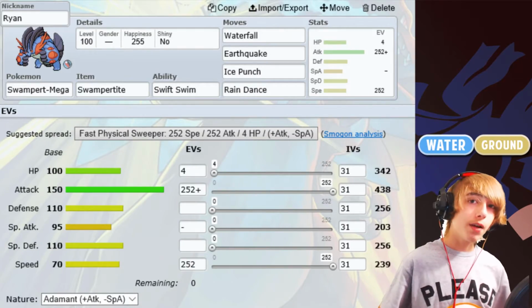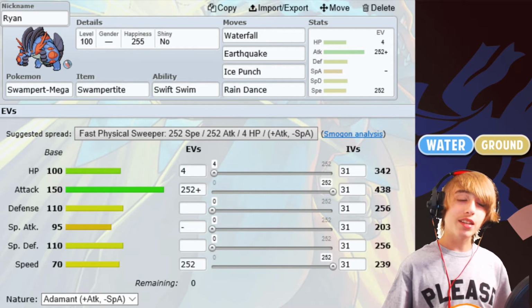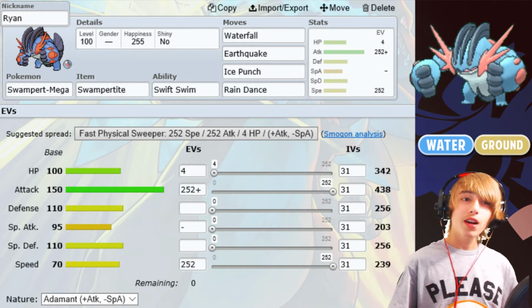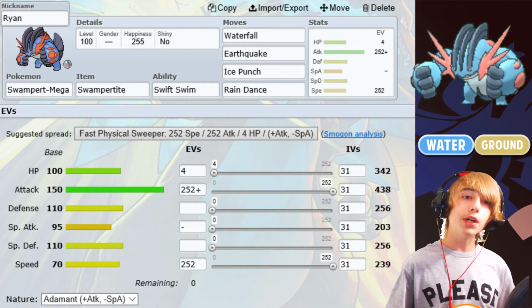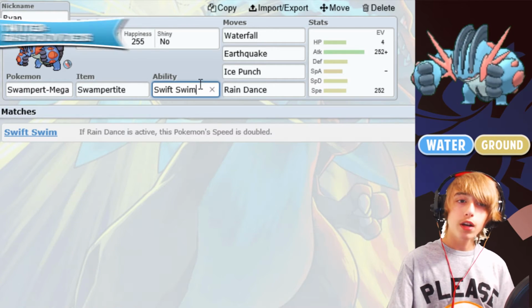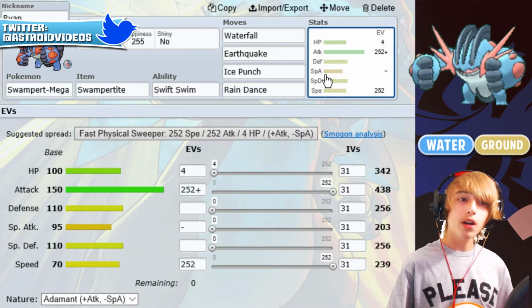Now, Swampert is not a fast Pokemon, but when he Mega Evolves, everything changes. He becomes such a speedy little monster. It's crazy. So, anyways, that is of course due to the ability Swift Swim. You do gain Swift Swim, which is very, very good. Going to be doubling your speed in the rain, which makes you an awesome physical sweeper, especially with your high